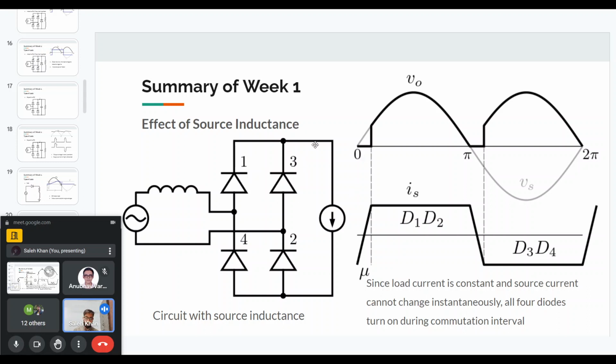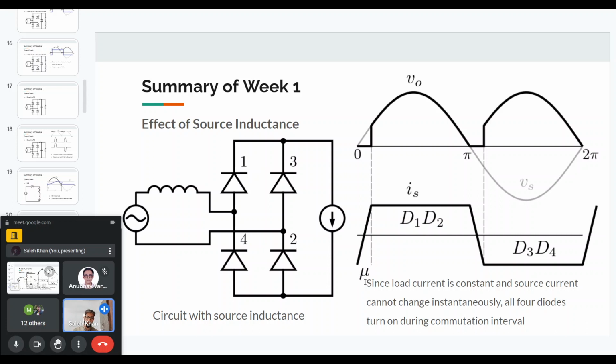when the diodes become forward biased, basically when the positive half cycle starts. Before this, D3 and D4 were conducting, and after this, D1 and D2 will have to conduct, but they will not conduct instantaneously. It will take some time for the source current to rise from negative to positive. And while this current is rising, because we are saying that the load is highly inductive, it will have a constant current. And this constant current will not change. So because of this,